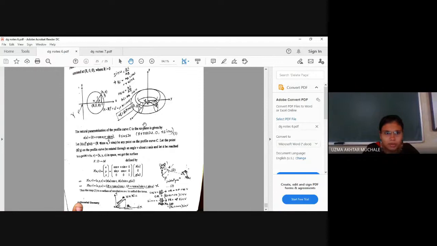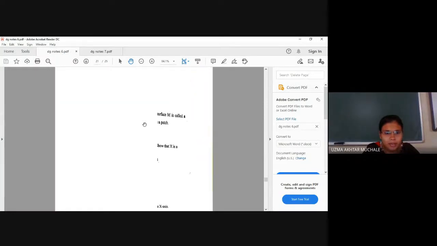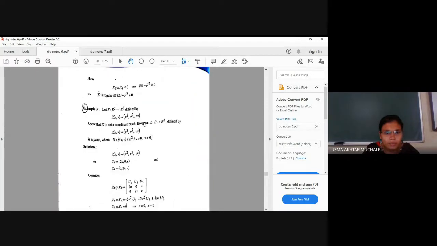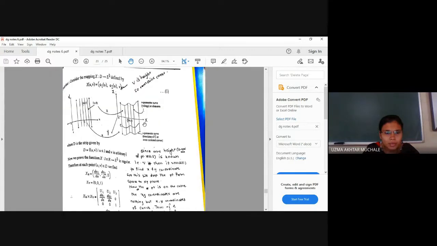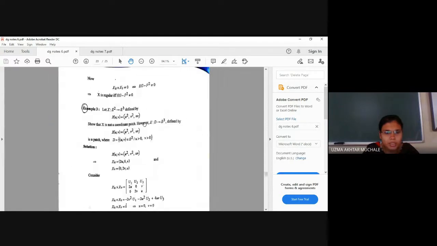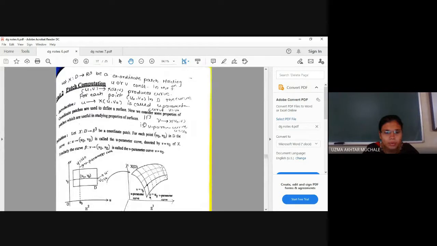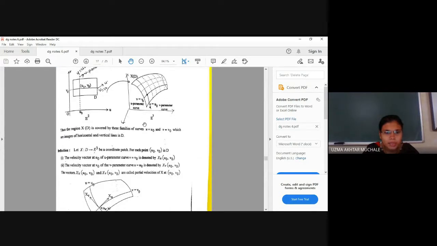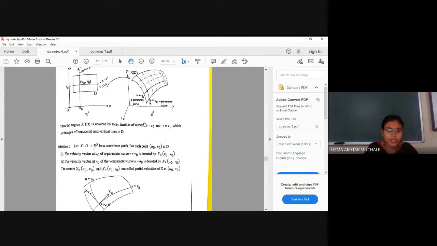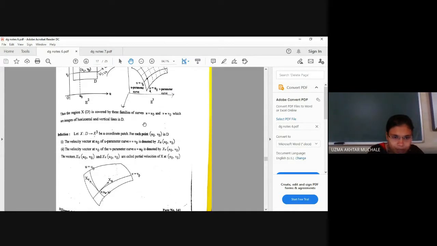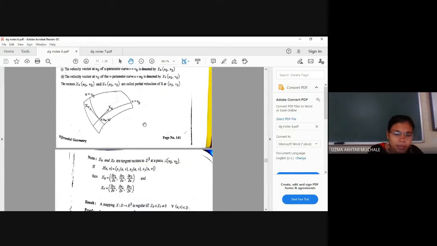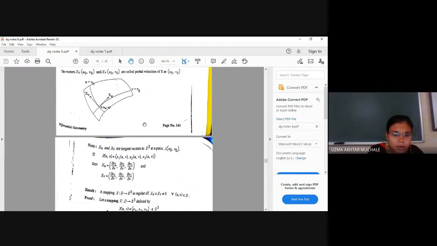So let me revise what we have seen in this lecture. We started with the definition of a patch computation. So what is patch computation? We have to just convert all the straight lines into the form of a curve, and whatever object we are getting is with the help of patch computations. Now what is the next thing we have seen? How to find out the velocity. If it is a u parameter curve, differentiate with respect to u. If it is a v parameter curve, differentiate with respect to v at the point u naught, v naught.